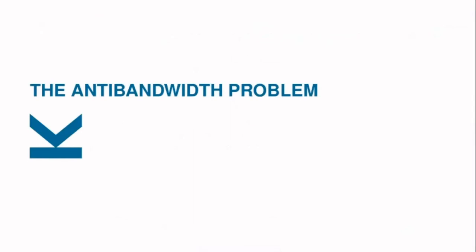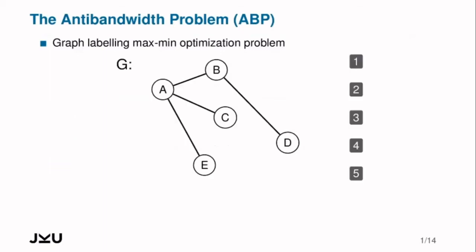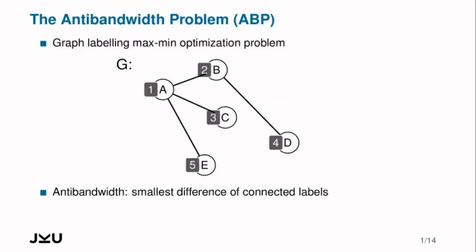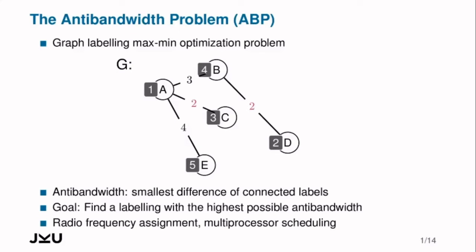So let's first define the anti-bandwidth problem. This is a graph labeling max-min optimization problem where we are given a graph, for example here with 5 nodes, and we would like to assign numerical labels to each of the nodes in an optimal way. Once we assign labels, for each edge we can calculate the difference between the labels of the connected nodes, and the smallest difference we can find in the whole graph is the anti-bandwidth of the graph under the given labeling. In this example labeling it would be 1. Our objective is to find a labeling for a given graph such that this anti-bandwidth is as high as possible. This problem can capture different assignment and scheduling problems of real life,